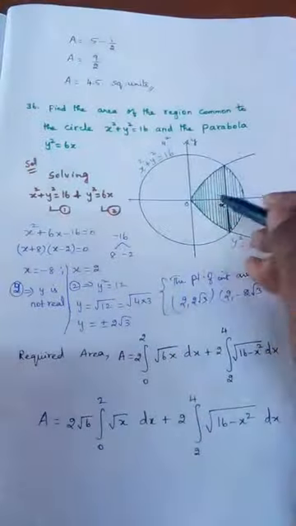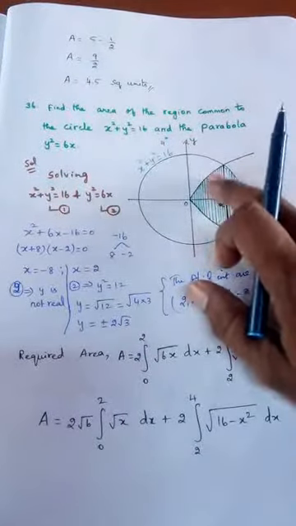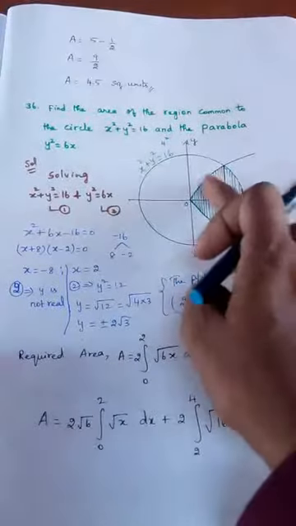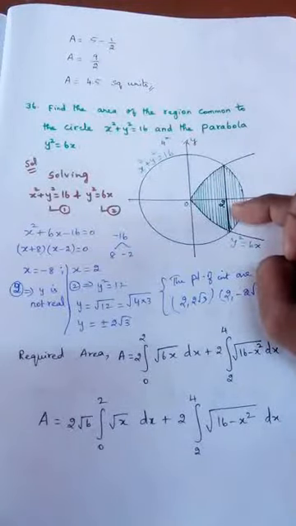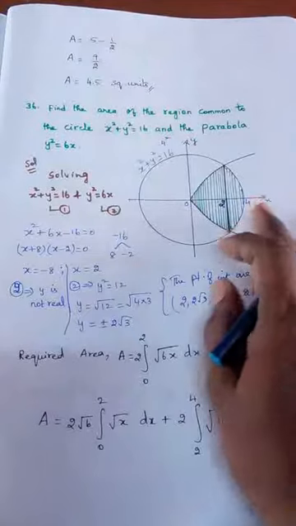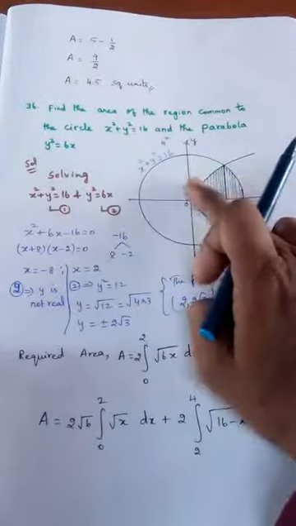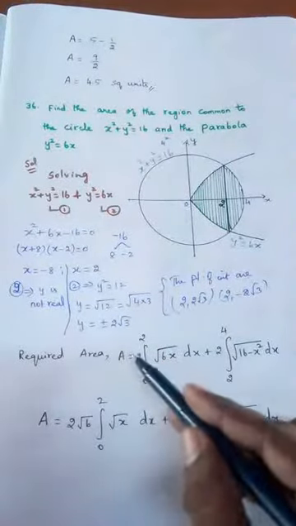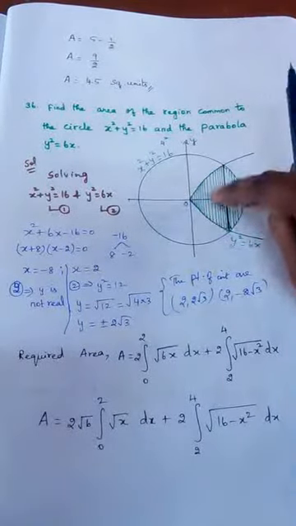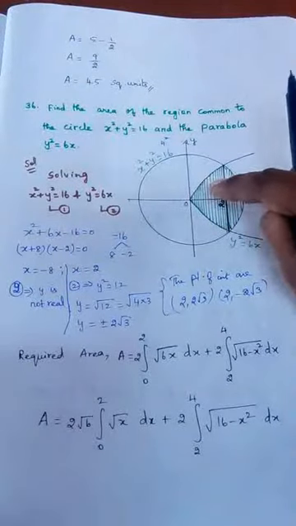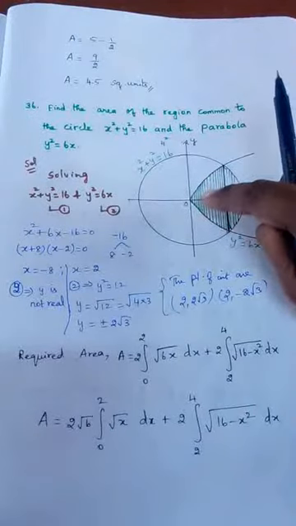So the required area A is split, I am going to calculate this in two parts. One is this, the other one is this. First I am going to calculate this area plus this area. Nothing wrong in that, right? By seeing the diagram itself you can understand. We want the total area, and now we are splitting the total area into two parts. First for this I am writing area is equal to, here I am going to first calculate this and multiply by 2 because of symmetry. Because if this is 4 square units, this is also 4.